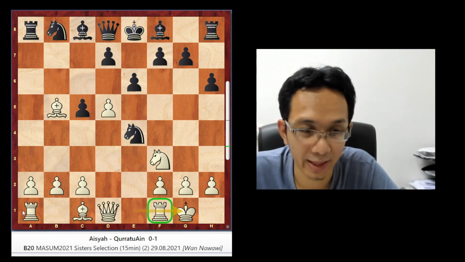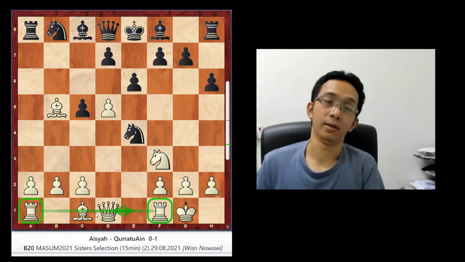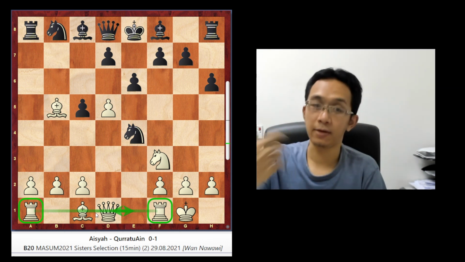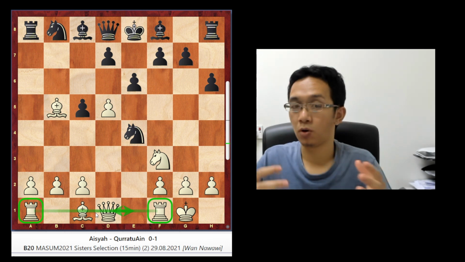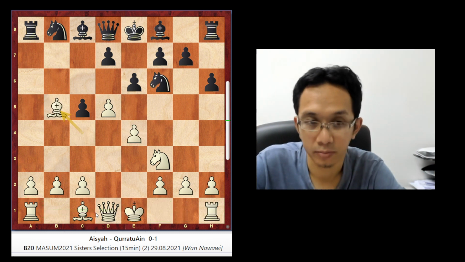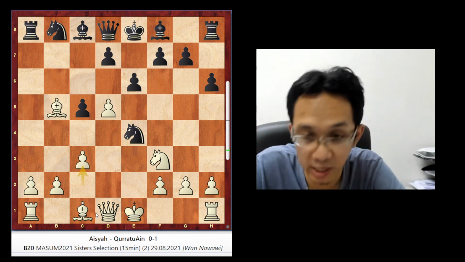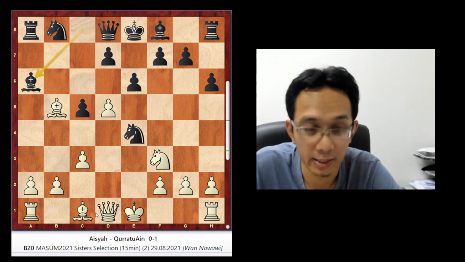We call it connecting the rook, because once you castle, the rooks are connected. So you save your king, activate your rook, and connect your rook. Maybe that's the reason why Aisyah plays c3, and then bishop a6.